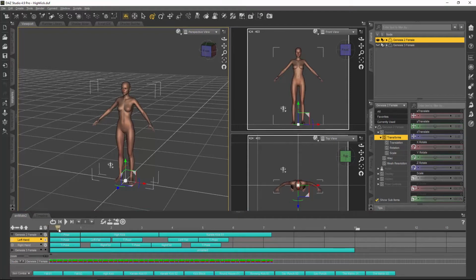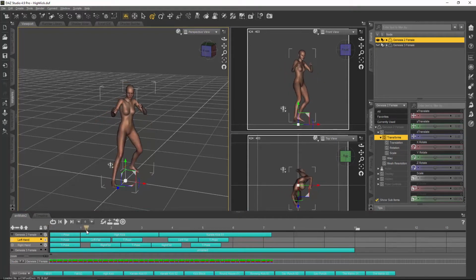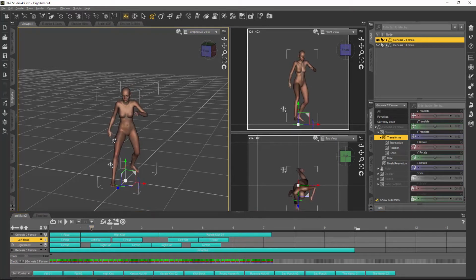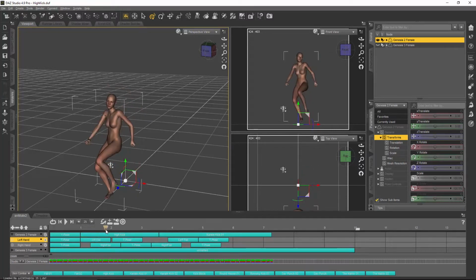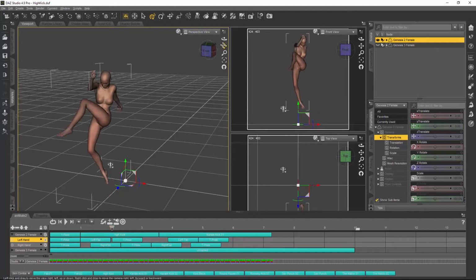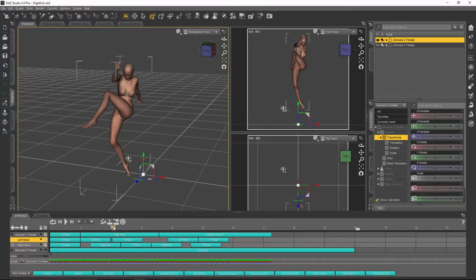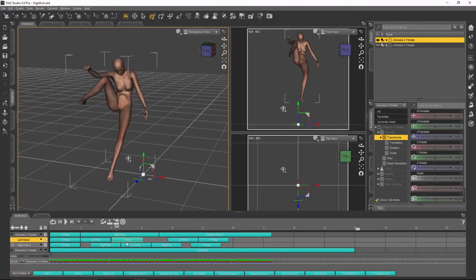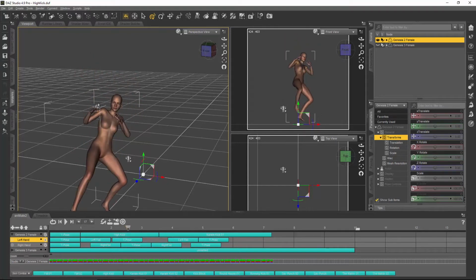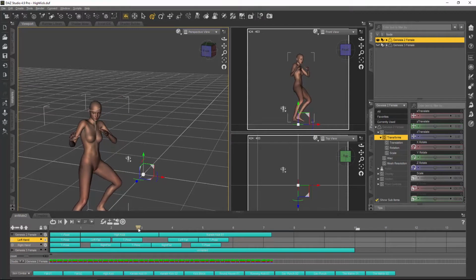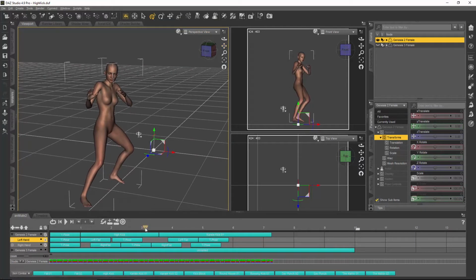So you'll see as I scrub through this, she kind of transitions. Now she's got her left hand in a fist here. The right hand's still kind of in a karate chop, but that's getting ready to close into a fist as well. So now we've got the right fist and left fist here. Then as she comes up on this kick, the left fist ends and her left hand will now straighten back out again, hence the T-pose. Same thing's going to happen to the right hand. Her right hand has also opened out, so now both of her hands are in the straight T-pose, original pose they were in to begin with.